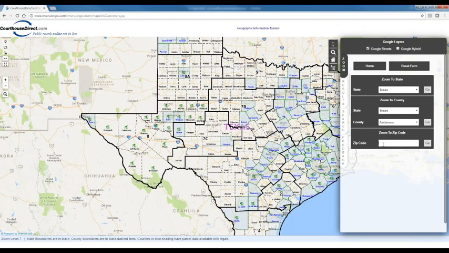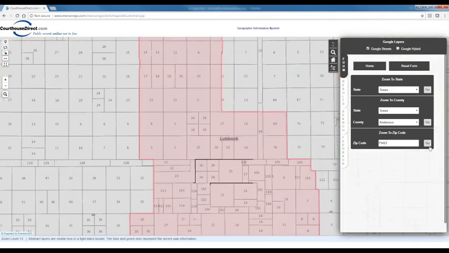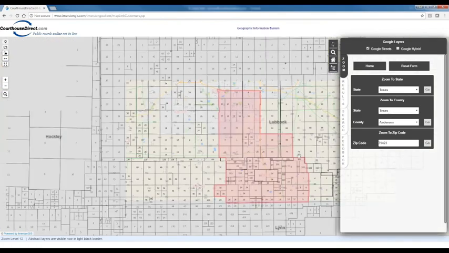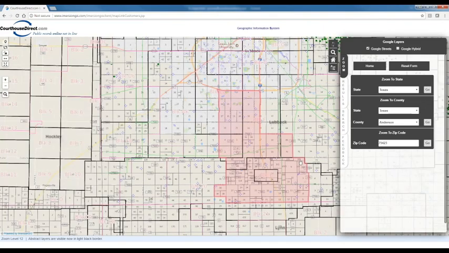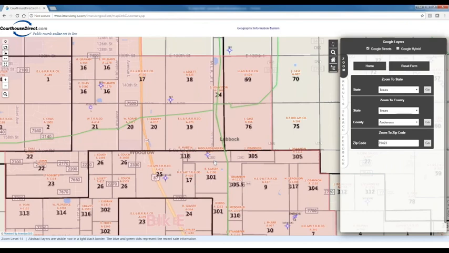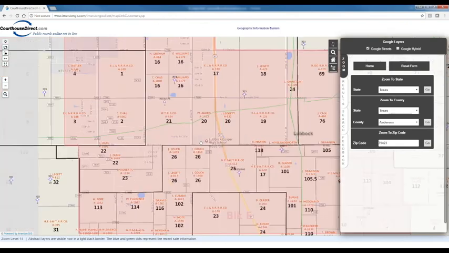But I do have another zip code that I want to look at. So I'm going to put in my zip code 79423 and say go to that. When I drill down to that, you can see we're now in Lubbock County. And if I draw back a little bit, you can see this is the zip code that we're entering into. And let's say, for instance, I see some kind of a pipeline or something running through here,